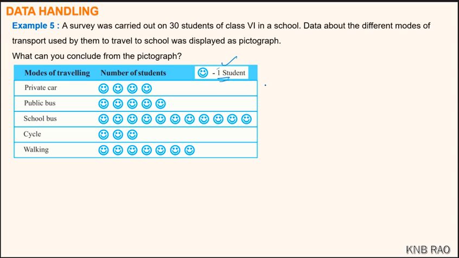Each smiley represents one student. That means here you can count how many prefer private cars out of 30 students of class 6th in a